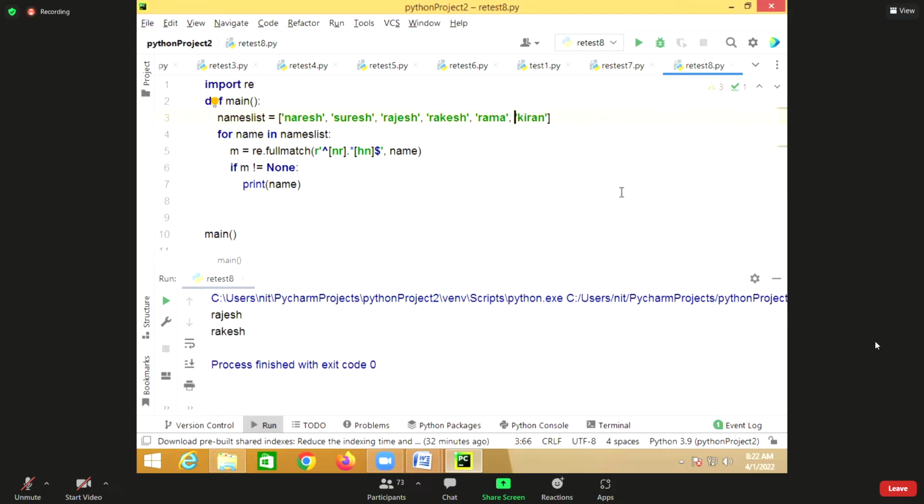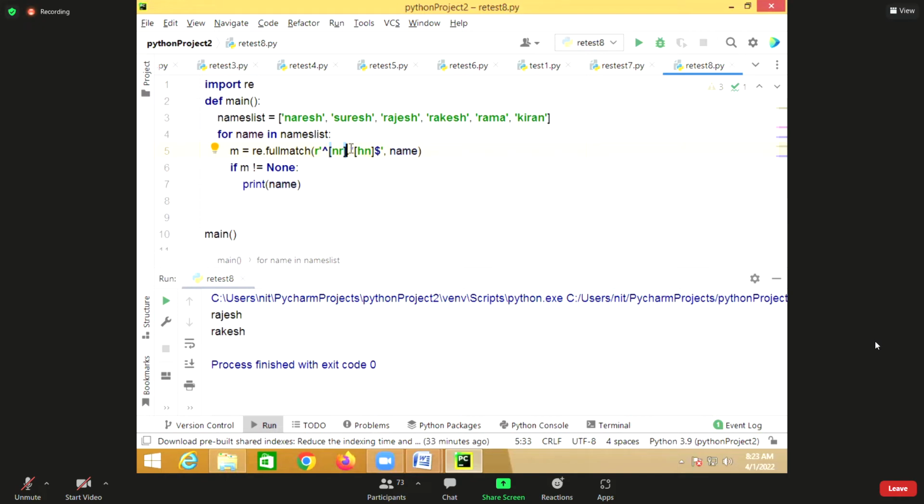Every time you read a name from the names list and match, you want to read all the names whose name starts with N or R, because within the square bracket two characters are given: the first is N, the second is R. The name starts with N or R, followed by dot, which means any character.